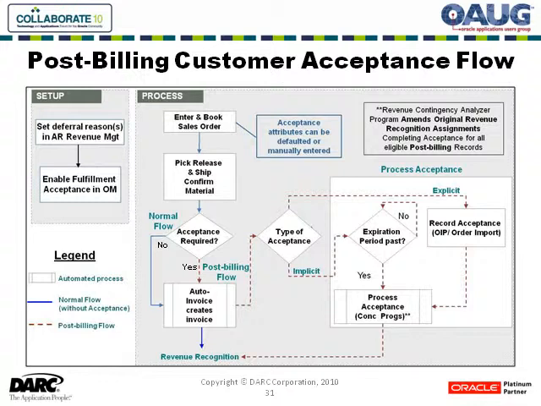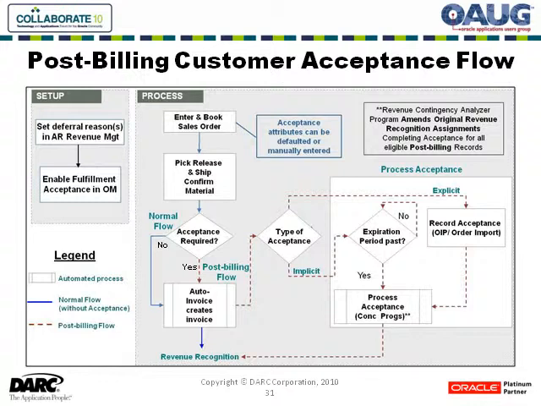Acceptance required, yes, it's post-billing flow, so because it's post-billing, it's after invoicing. So we're going to drop the post-billing into the auto invoice, create my invoice, and then kick it out into, okay, well, what type of acceptance are we doing? We're not going to recognize revenue until the very end on the post-billing. So in post-billing, if it's explicit, we're going to go up across the top, over to the right. We're going to record our acceptance either manually through OIP or programmatically through order import or process orders API. And then we're going to go drop down into the process acceptance concurrent program